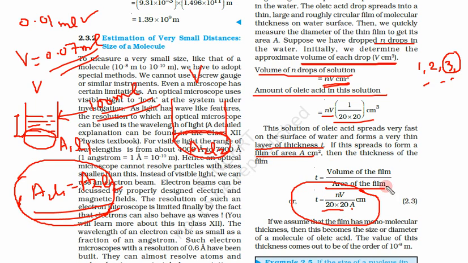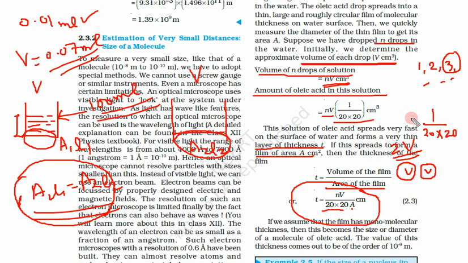From this we get this equation, because volume must remain constant. Area into length must be equal to area into length. It is the same thing that we are doing here. So what was the volume? Suppose we have volume V for one drop. With two drops we have volume 2V, because one drop is volume V. Now this is the volume, but what is the concentration? The concentration is 1 by 20 into 20. So let us multiply, because the alcohol will evaporate.